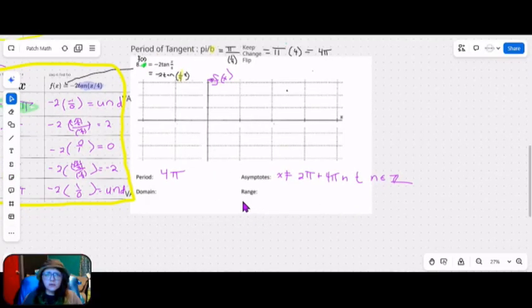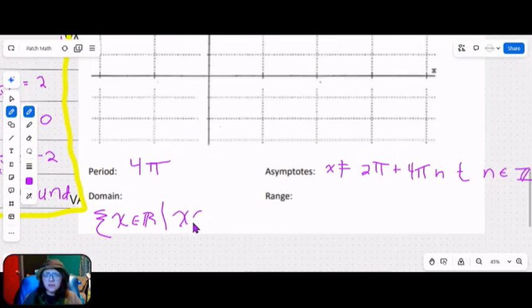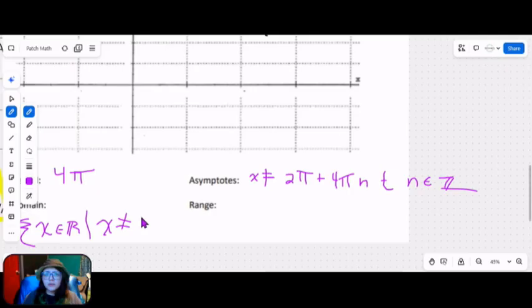Now, with that being said, how do our asymptotes inform our domain? Well, if x can't be these things, then they're taken out of our domain. We want to write our domain very clearly. This is the set of all x's in the real numbers such that x cannot be that formula. So we start at 2 pi, plus 4 pi n. You can also start at negative 2 pi. You can factor out 2 pi here if you want to,